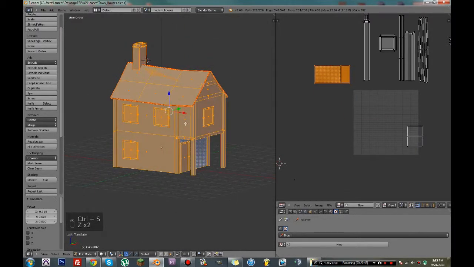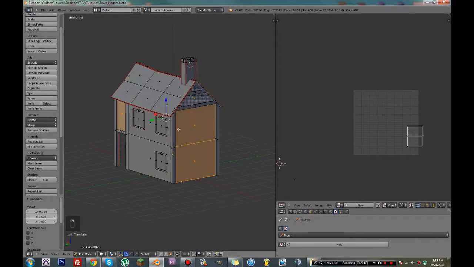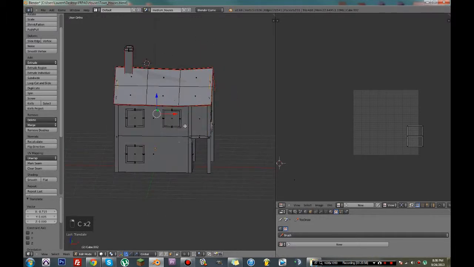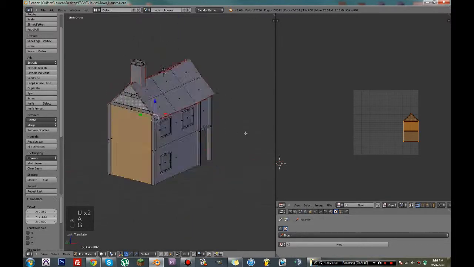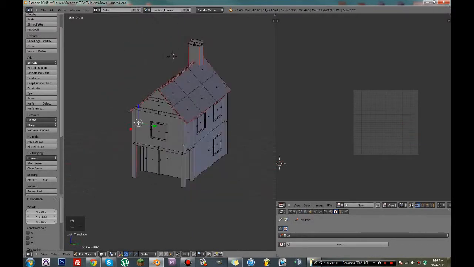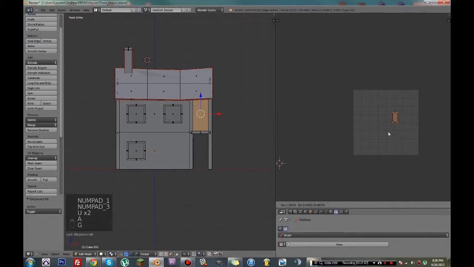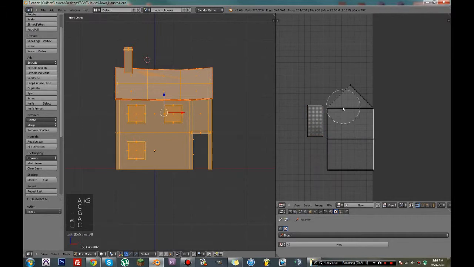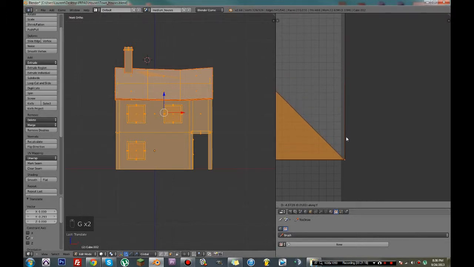The painted wall will be this, this, this, this, this, this, and this. So we can deselect these ones here. Object from view. I'll get most of it. Object from view. However, I don't want these to take up so much space. And since these two top ones are the same size, I can go ahead and